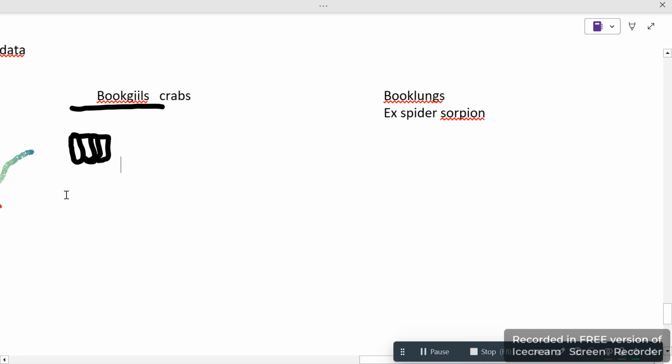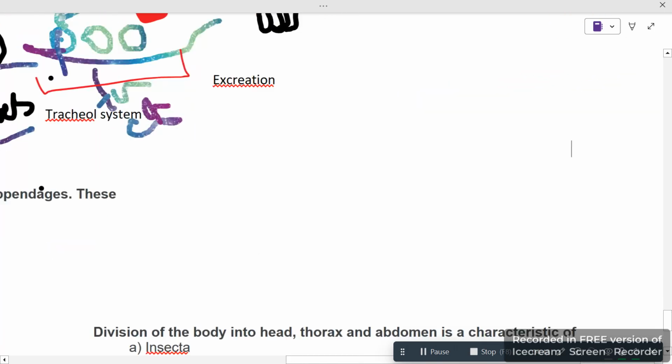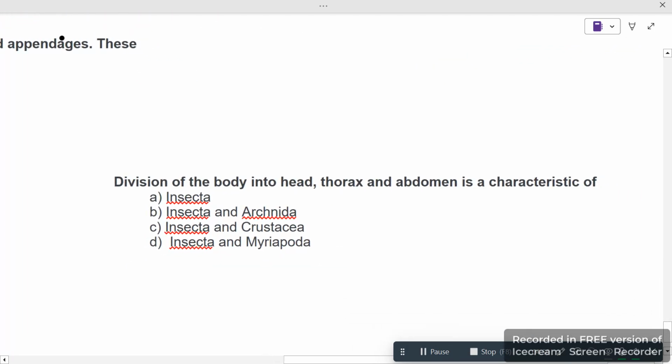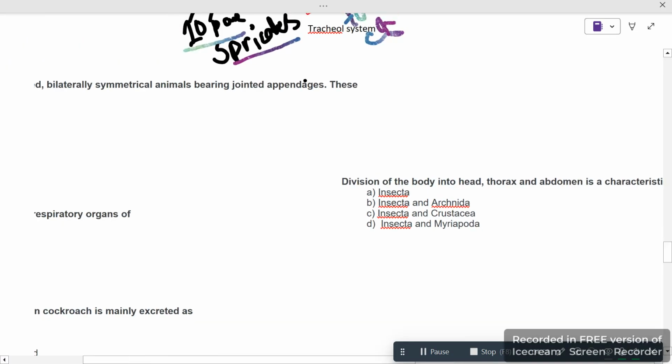Okay, and the second did not have them, and then we go towards the excretion in the body. I'm not sure about the time to discuss excretion more. Let's discuss another. So division of the body into head, thorax and abdomen, the characteristics of insects. How? As I discussed,